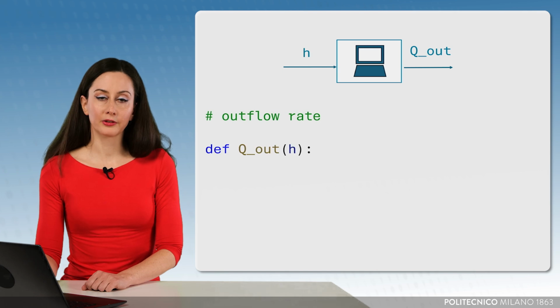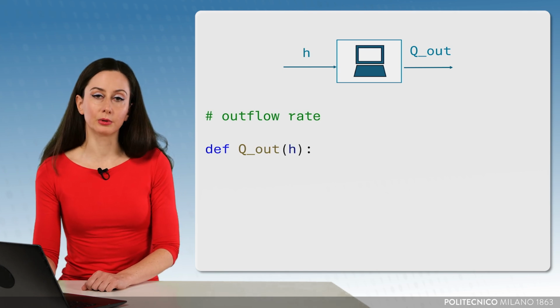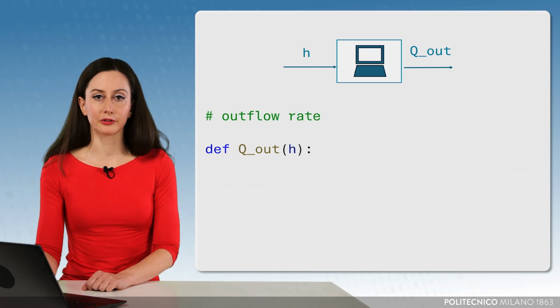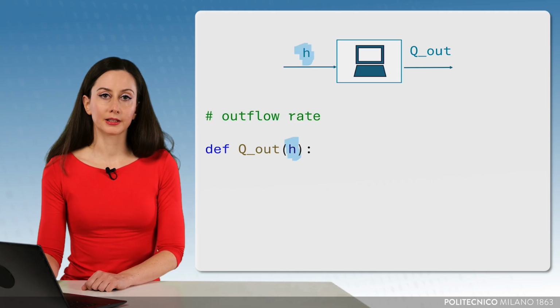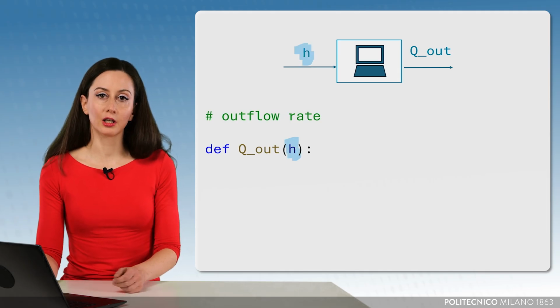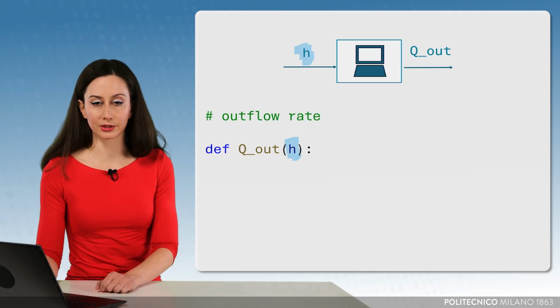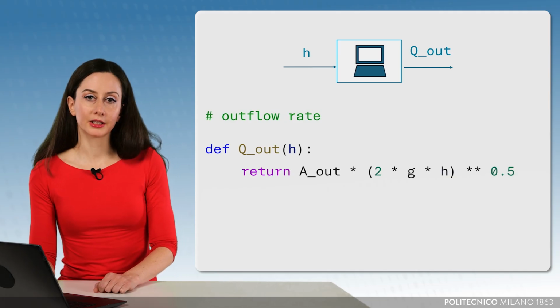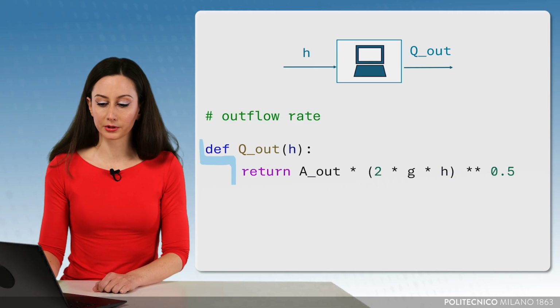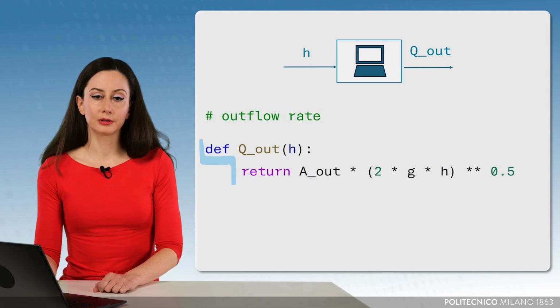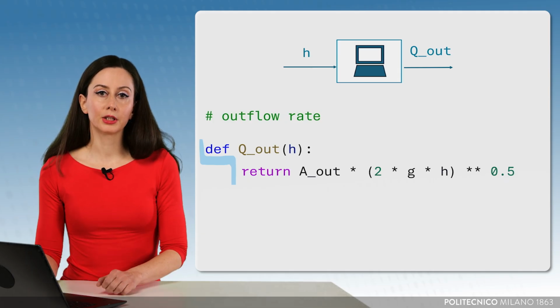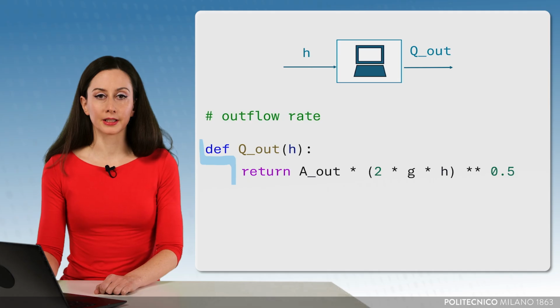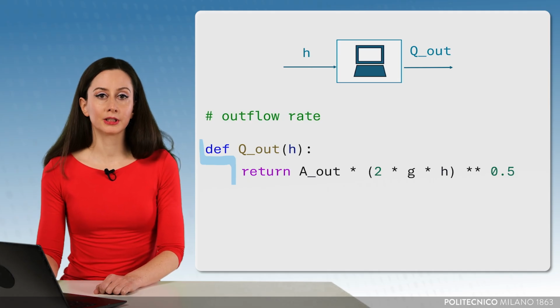In Python, functions begin with the keyword def, followed by the name of the function, and in brackets, the inputs. After the colon, we can write our instructions. First of all, pay attention to the formatting of this code. Note that the lines forming the body of the function are indented, and this alignment is of extreme importance in Python. Without it, the code simply would not run.